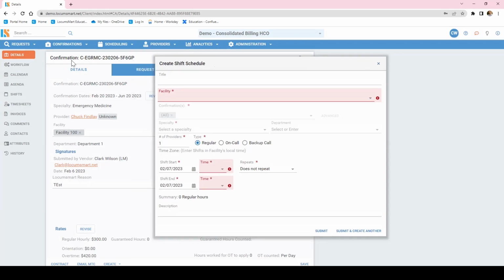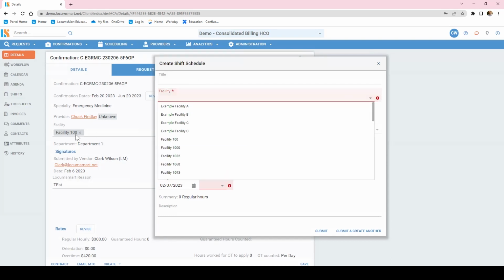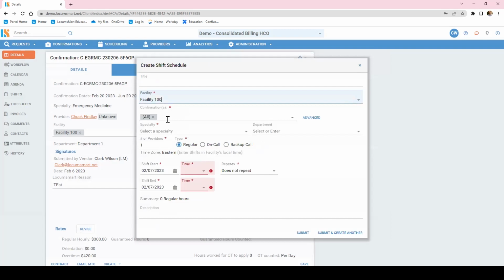One thing to note, by having the confirmation agreement open, we can look down to find all the information we need to fill out the wizard form. So I'll start by clicking on facility. So it's facility 100. And I know my provider is Dr. Chuck Finlay, but I need to make sure I have the correct confirmation agreement with him. So I'll click on the drop-down,